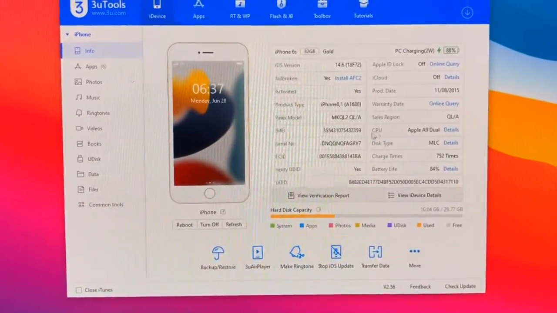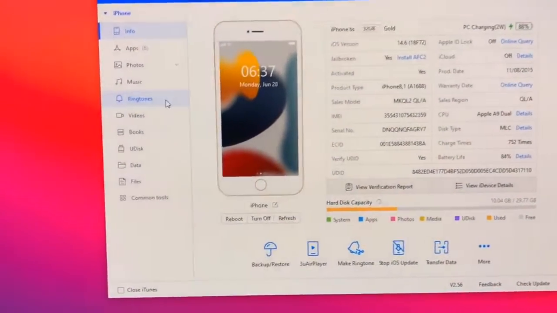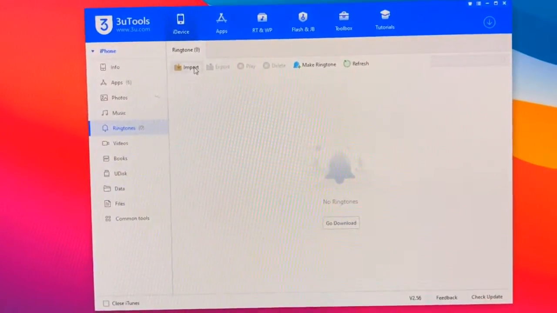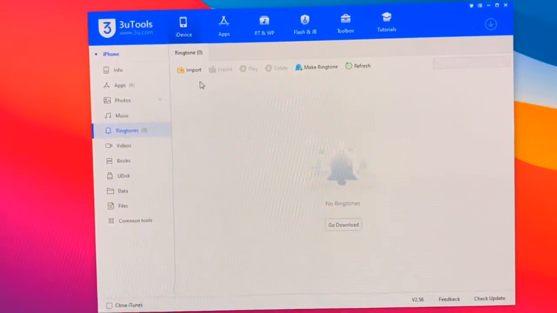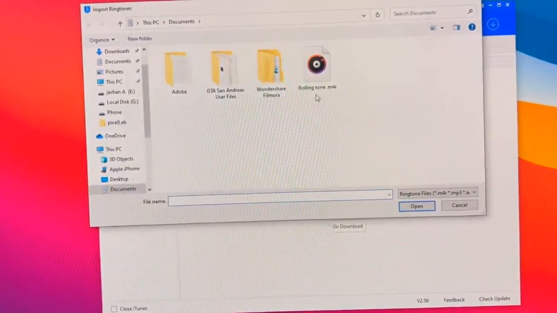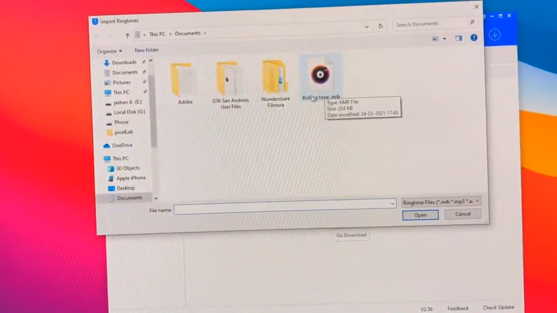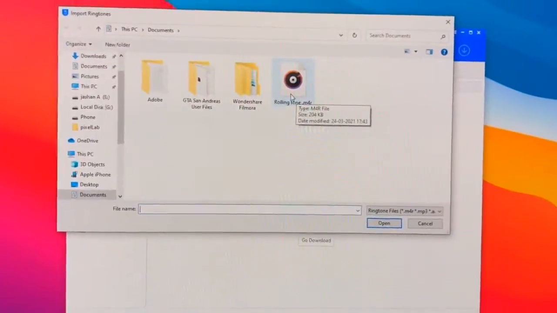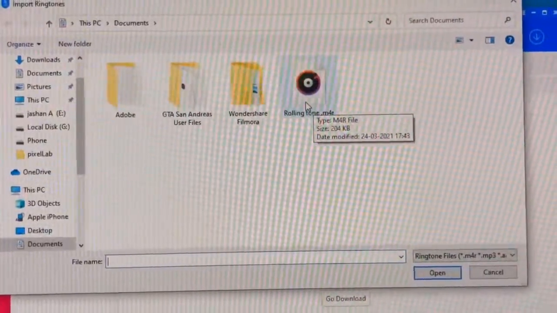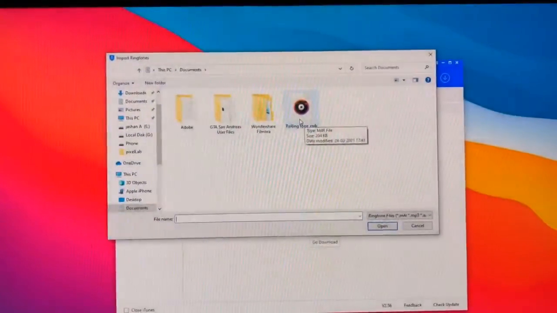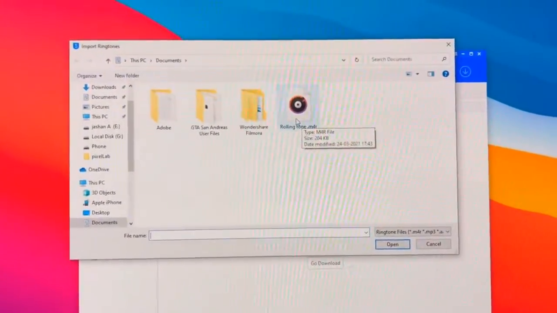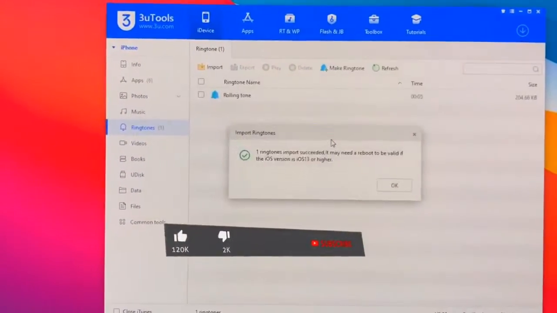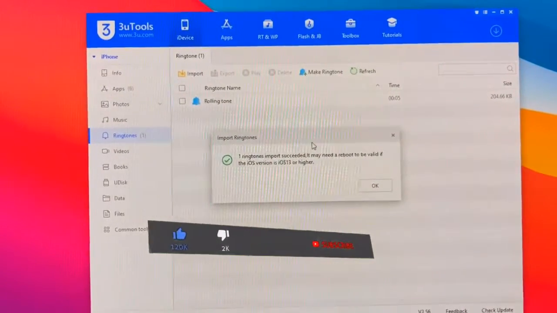So in order to get the ringtones, we just need to go to the ringtone section here. You guys can see here ringtone, and after this just go to the import section here. Just click on import and click on select file. If you're having a proper ringtone, for example I'm having a rolling tune, I just want to get the Samsung rolling tune ringtone in my iPhone, because iPhones do not have that ringtone. So I just want to get that ringtone in my iPhone, so I will just click on that one. Make sure that file is available in your computer in order to import this.